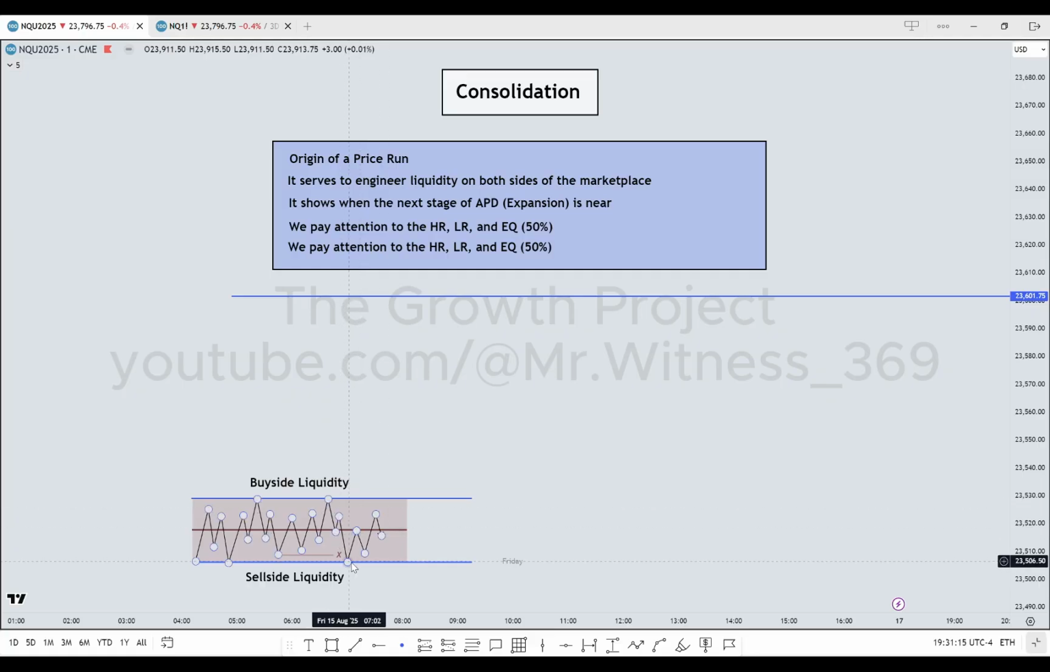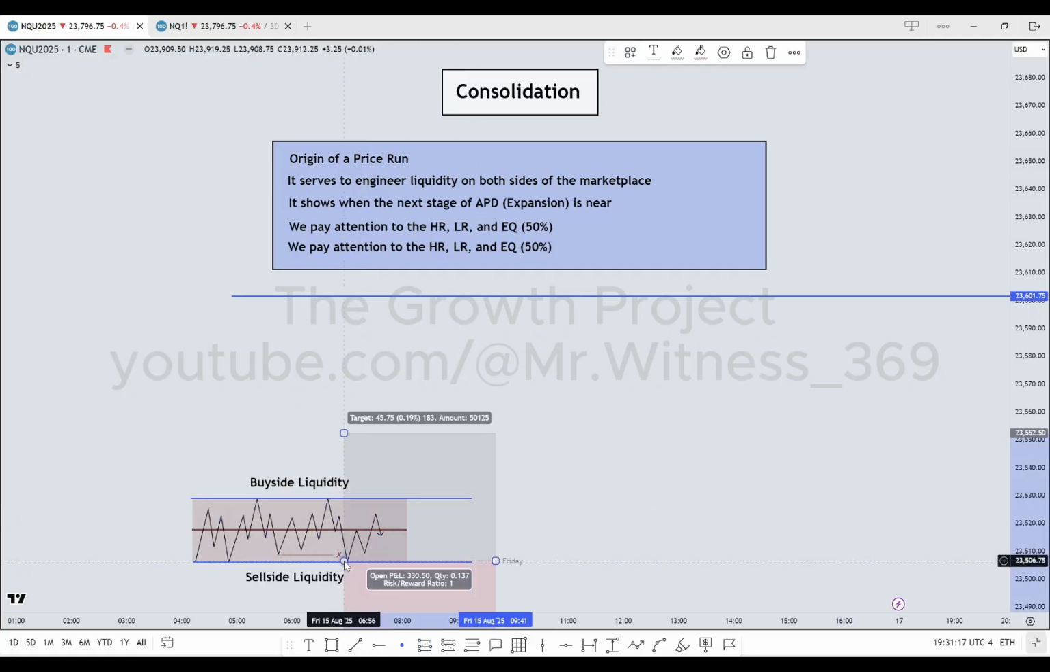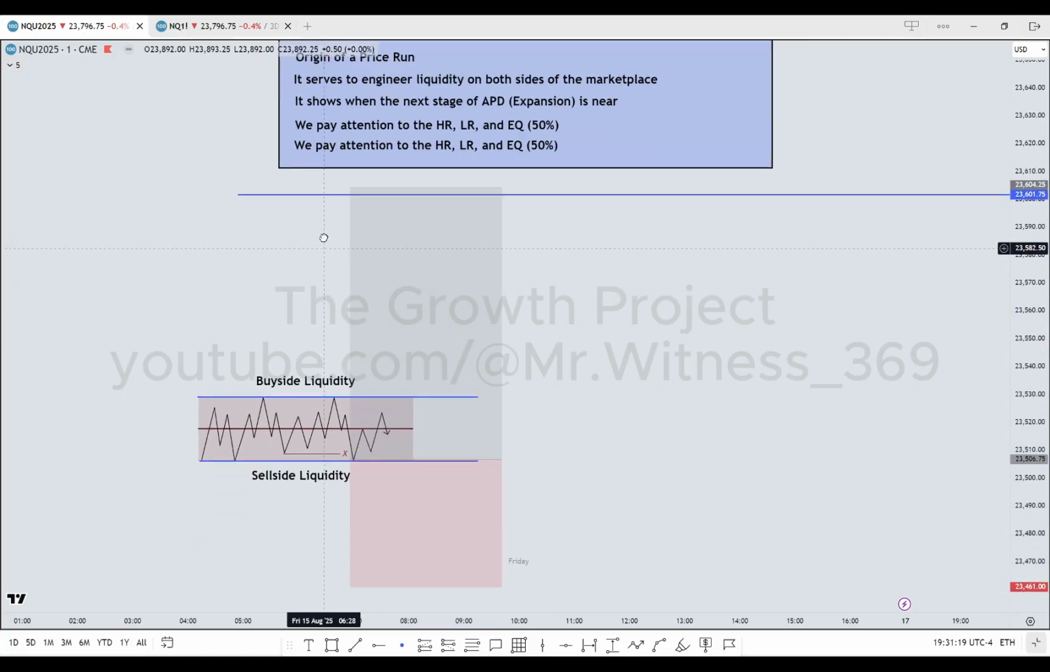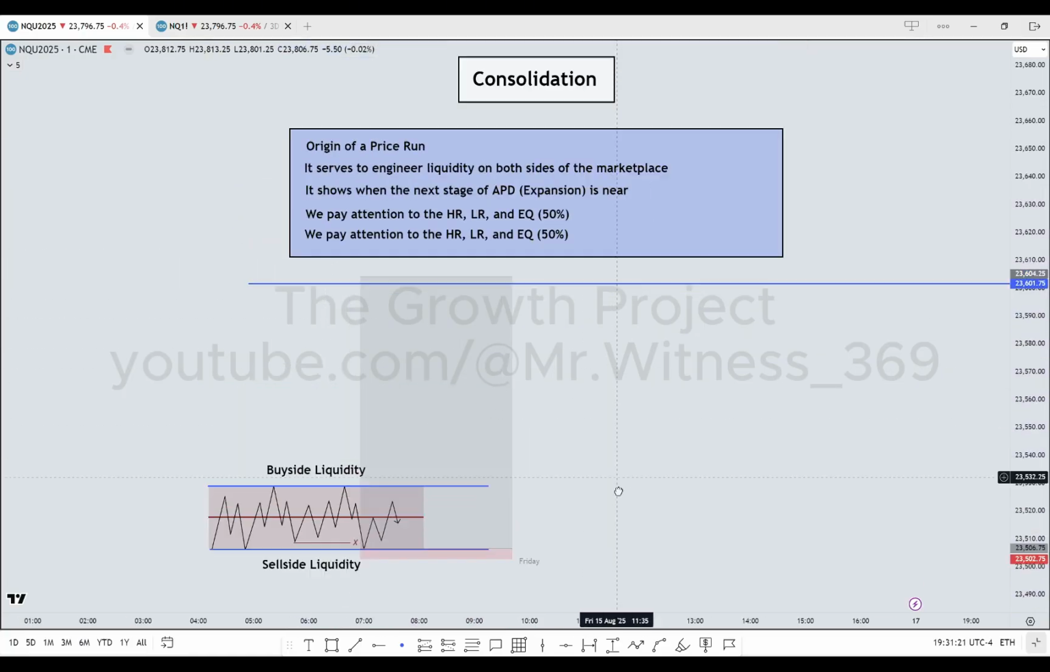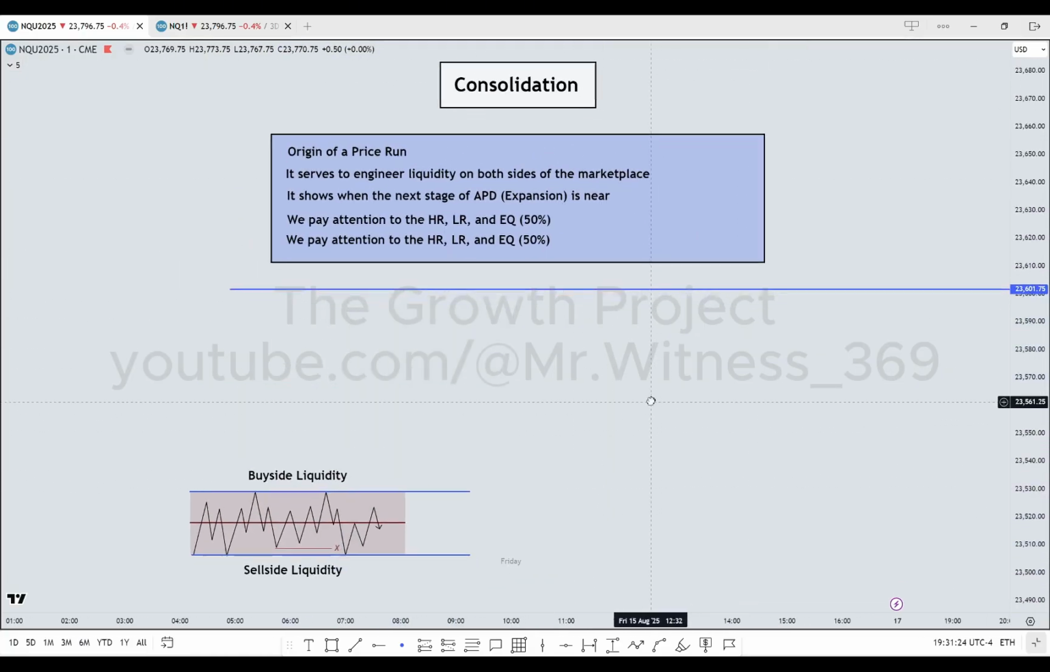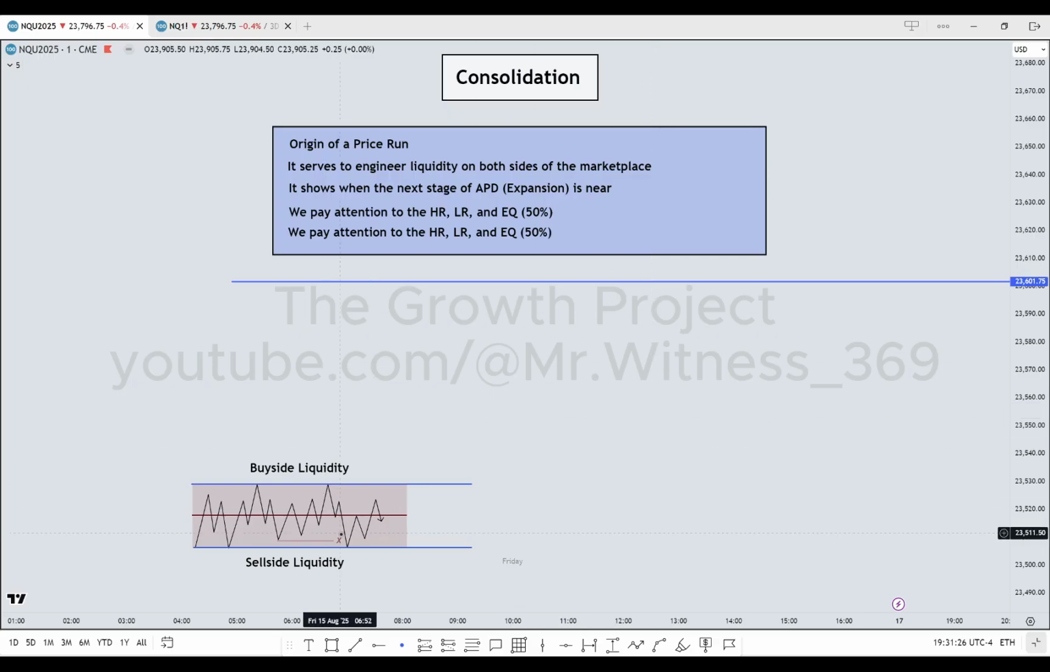So you can enter, of course, down here. Once you know what you're doing, target all the way towards the target, and the stops will be very, very small. But what I want you to pay attention to first is going to be how the market reacts off of the low end of this consolidation model. If it inverses the 50% and